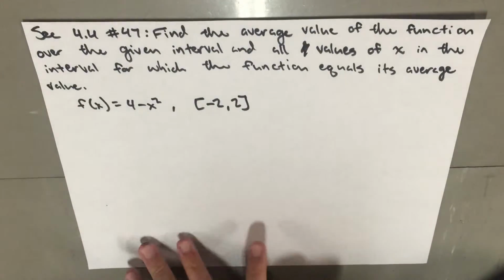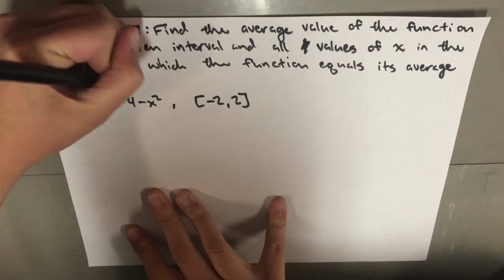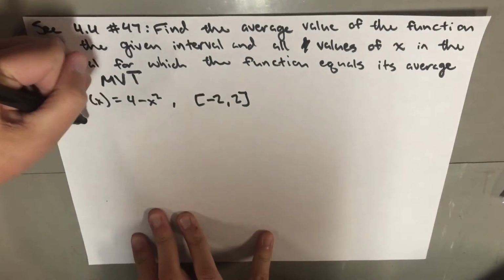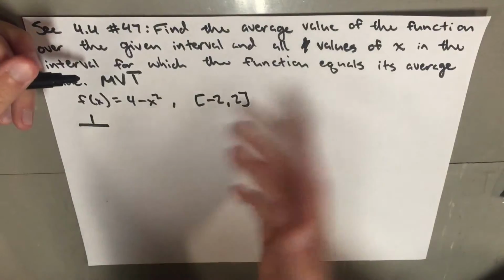And so we know when it says find the average value that we're going to be using the mean value theorem. And to do that, there are a couple steps. And the first part is to multiply by,